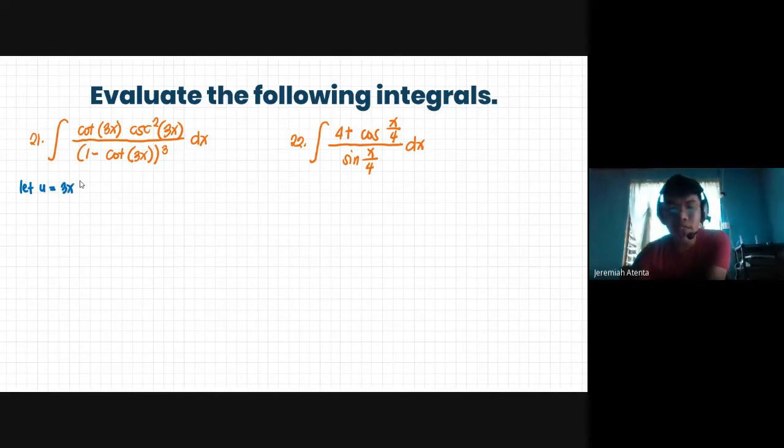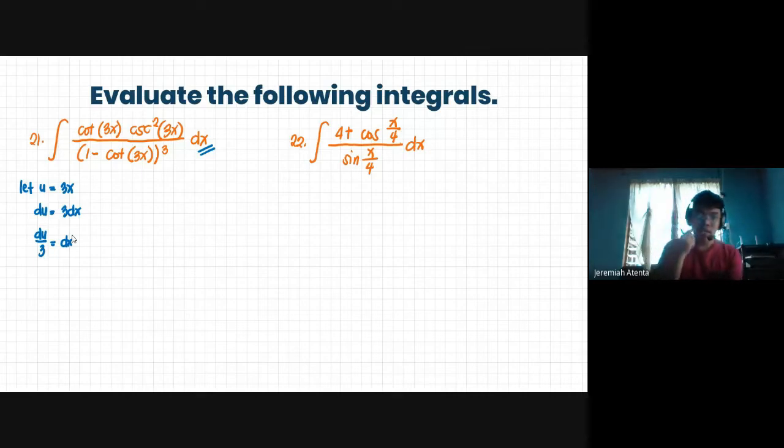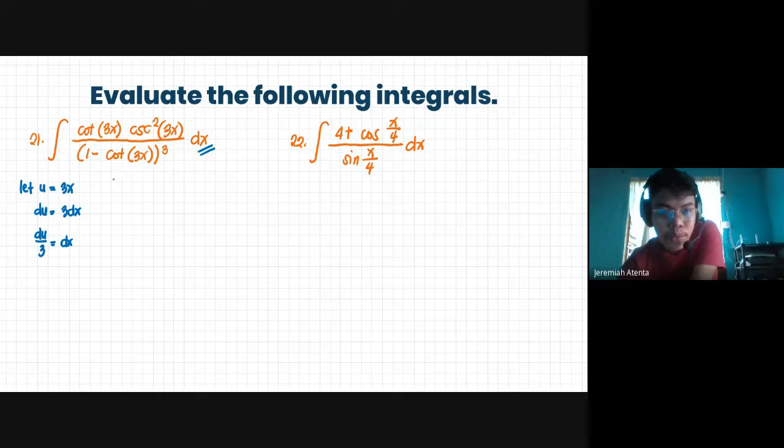3x. Okay? And from that, it will follow that du is equal to 3 dx. Right? Okay. Now, in this case, we just need dx. So we will divide both sides by 3. It will follow that du over 3 is equal to dx. Okay? So from that, this will become, wait for a while, so dito na lang equal to the integral of